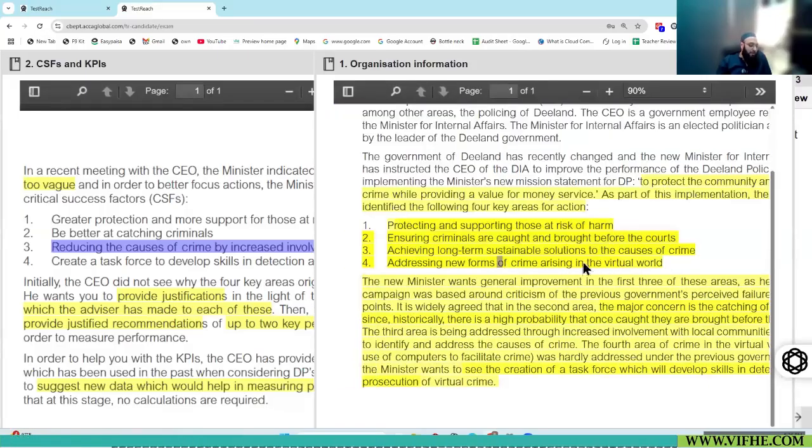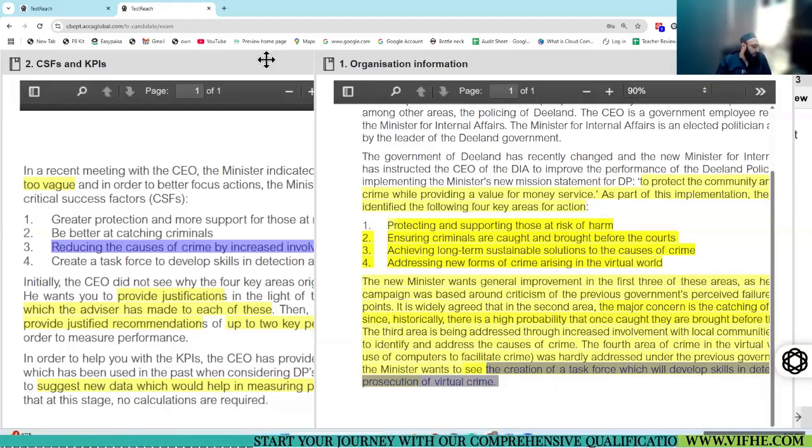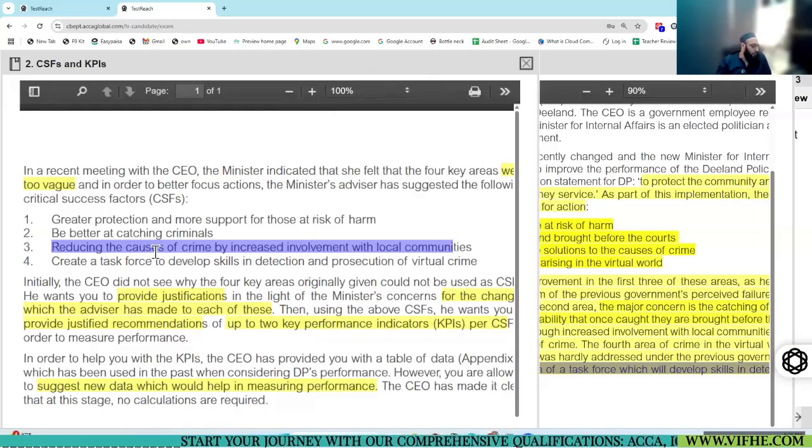New forms of crime arising in the virtual world. For that, they have mentioned we need to create a task force. We need to have a team that develops the skills in detection and prosecution of virtual crime.